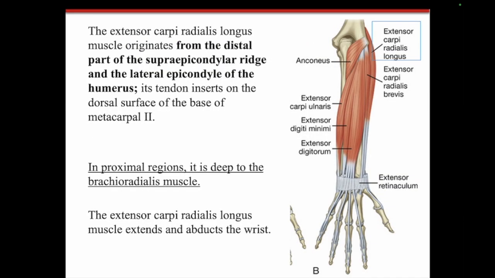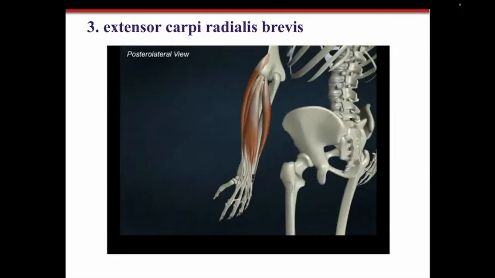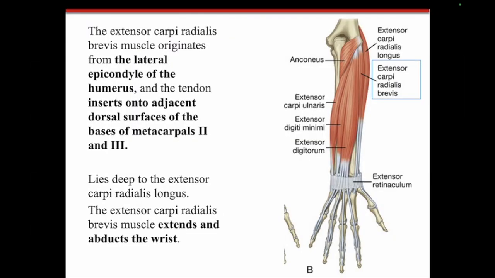Extensor carpi radialis, it's the same similarity as between the flexors. So extensor of the carpus, so the wrist, on the radial side or on the medial side. So the longus originates from the distal part of the supraepicondylar ridge and the lateral epicondyle ridge, and it will go all the way, as you see here, and it will be an extensor of the carpi and also an abductor. There is a brevis, which extends and abducts the wrist,